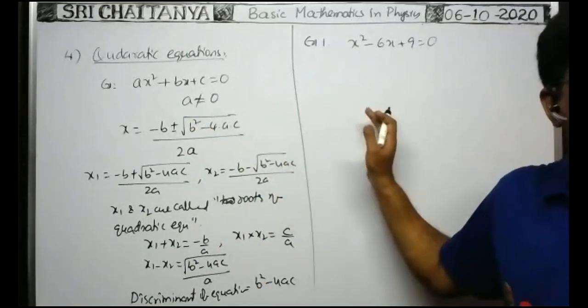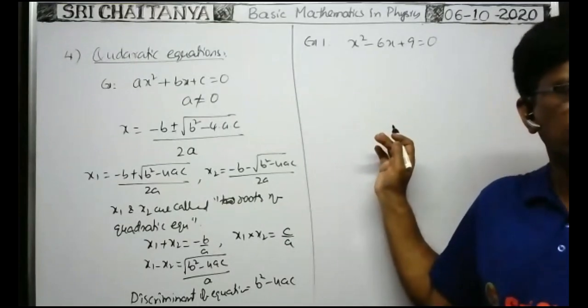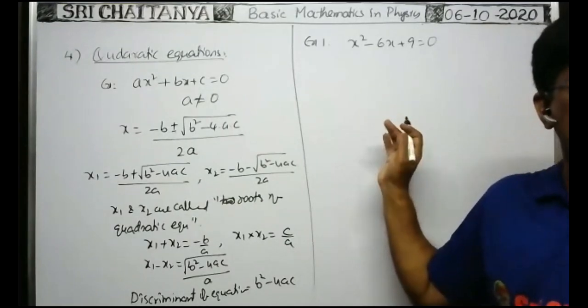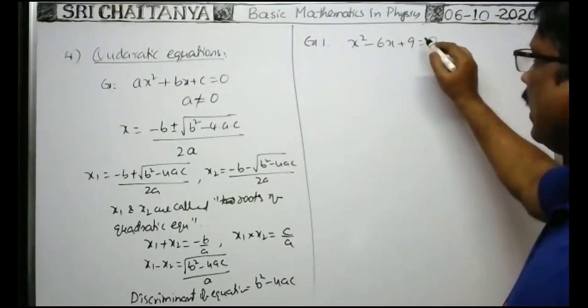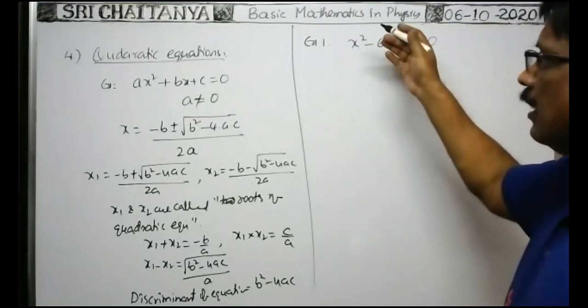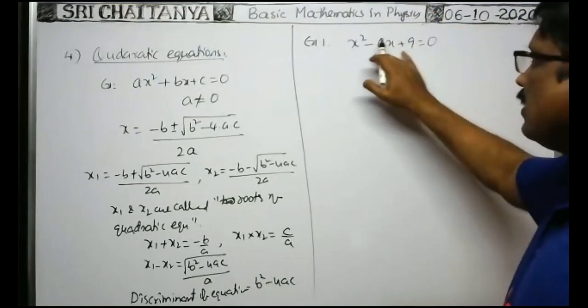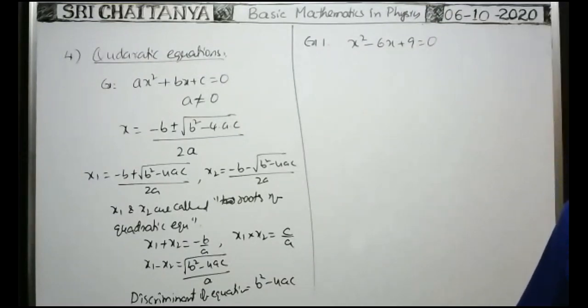Okay, example. This is only an example, no? Devardhan Reddy, I will explain with an example here. So x square minus 6x plus 9 is equal to 0. Then what are the roots of x? That means which values of x satisfy this equation? That is the question they asked. Roots of this quadratic equation they asked.